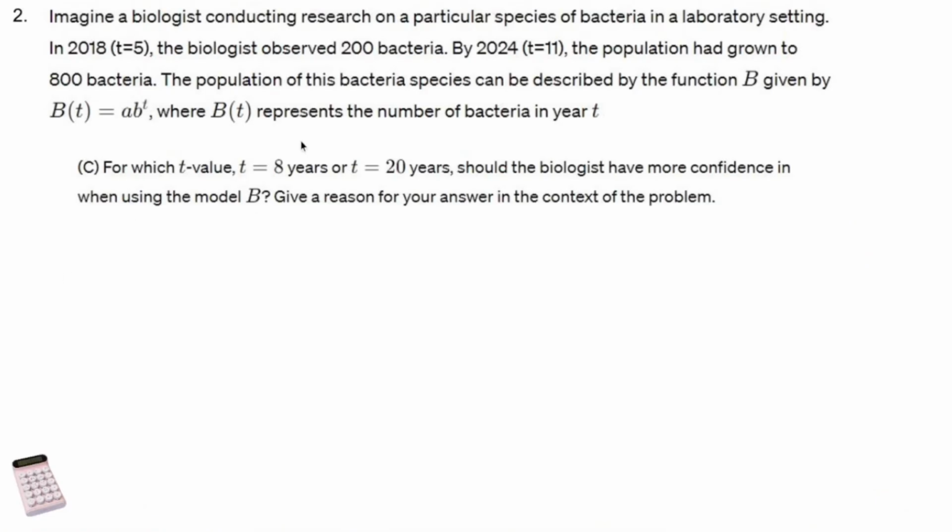Imagine, same problem. For which t value, t equals 8 or t equals 20, should the biologist have more confidence when using the model of B? Give a reason. All right, well, the model that we have is based off of numbers between 5 and 11. So it's going to be clear that t equals 8 would be a better prediction